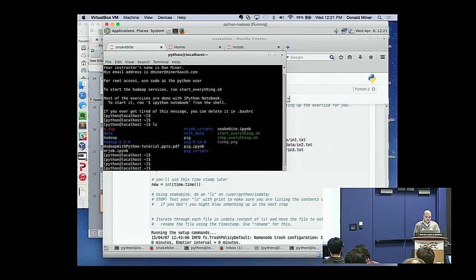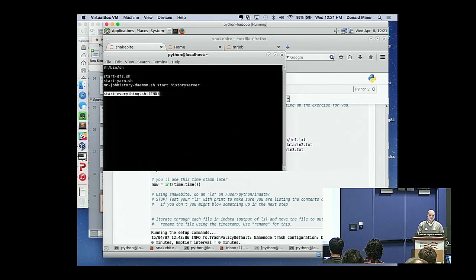So the things to point out here is in this Python home directory, I have the Hadoop stuff installed here and the Pig stuff installed here. I have two convenience scripts here. One that I wrote called start everything is a shell script that you will run that